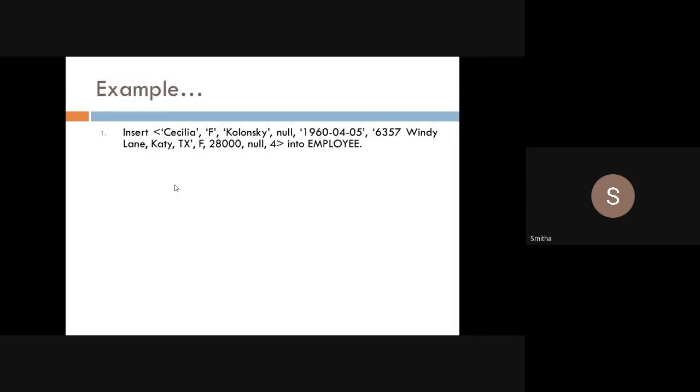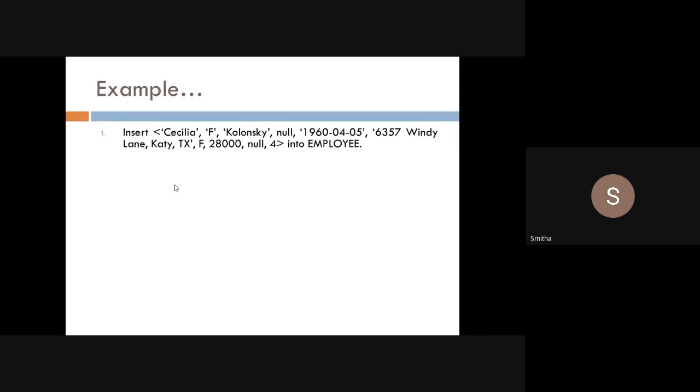So F, then the key, then null, then some number, that is a date, 1964-05. Then 6357 Windy Lane, that is the address or street name, and some values for different attributes.